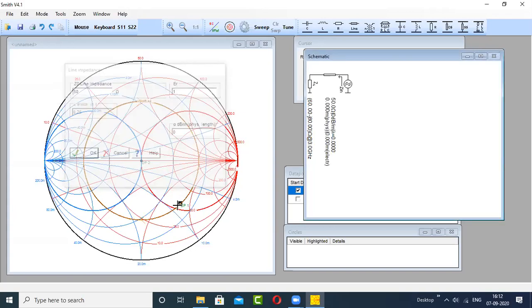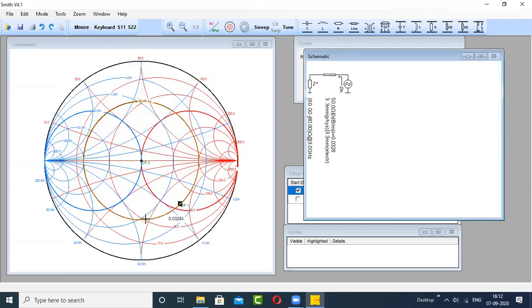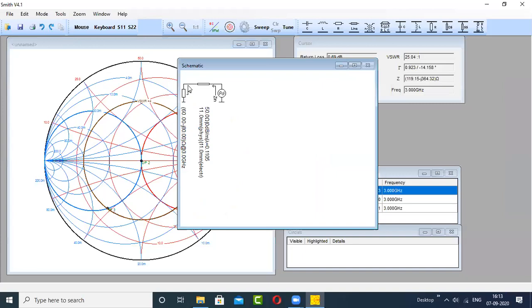Now you can see that I'm moving from this load end in the clockwise direction, and I will stop the moment I reach the conductance circle. Okay, now look at the circuit diagram, what you have done. You started from the load and you are moving on a transmission line, and you landed at the conductance circle.